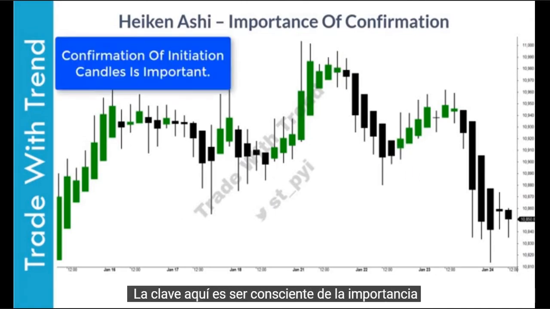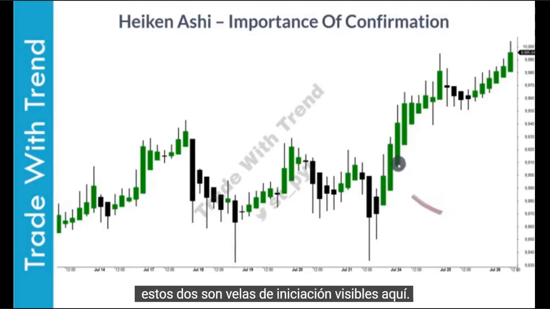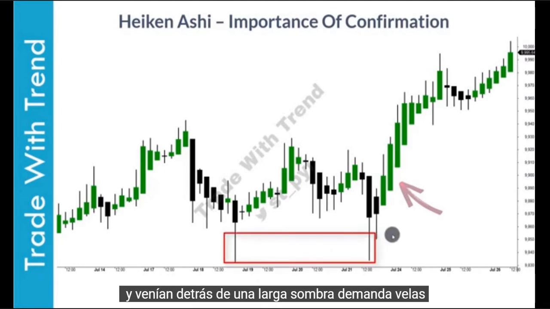The key thing here is to be aware of the importance of both initiation candle and continuation candle. It is the combination of these two that make Heiken Ashi a very powerful charting method. Now, if you look at the chart in front of you, these two are strong initiation candles visible here. Now, both these candles are very strong and were coming on back of long shadowed demand candles as I've marked